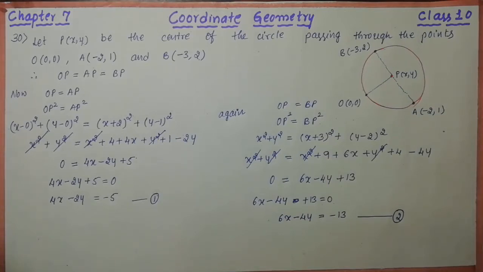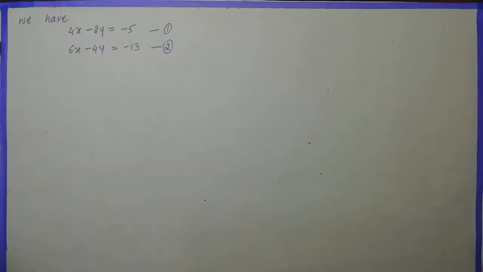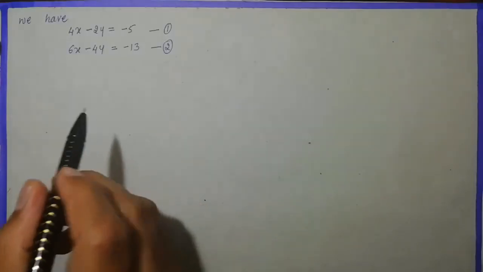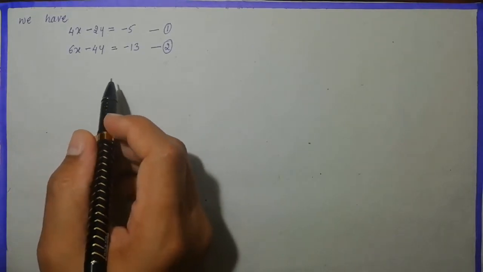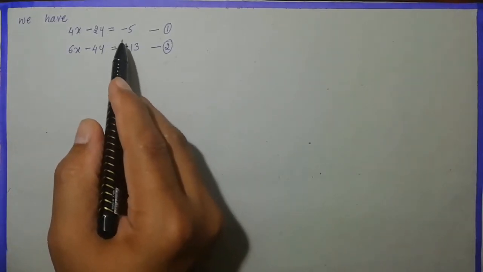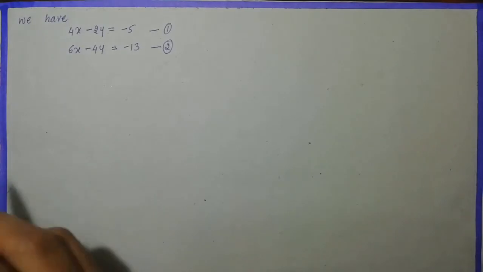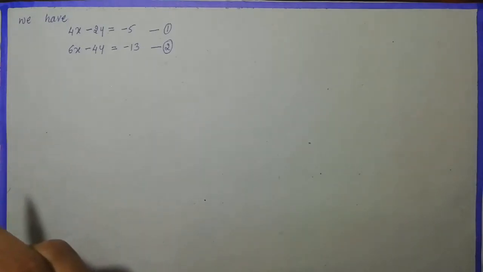And now the problem is still not complete. Now look at here. Now you have to solve equation 1 and equation 2, then only you will get the required answer. Okay, in the next page I'm going to solve these two equations. Now the two equations are written once again here. So now look at here, you have to do one thing. You need to add or subtract these two equations so that one of the variables will disappear. Okay, so this is the important thing.